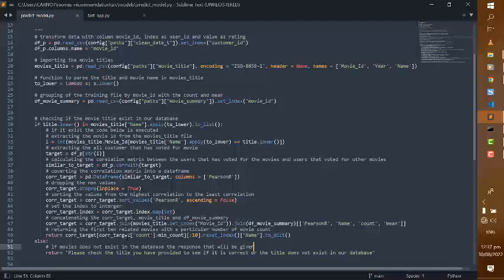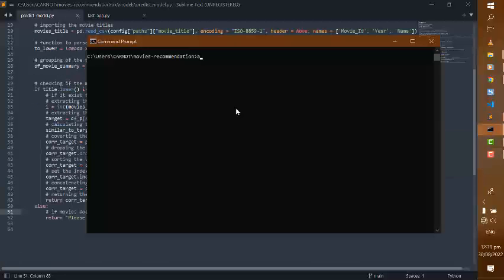And then from all those correlations, we are going to ensure that we pick the 10 highest correlated values based on the minimum count of the movies that have been voted for. But in case the title does not exist in our database, it's going to return an error back to us. So to run our code,